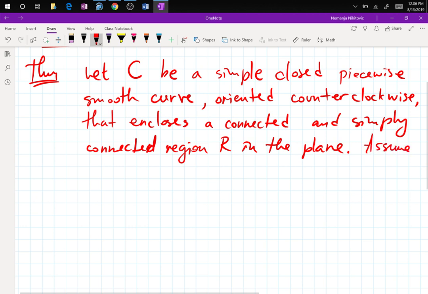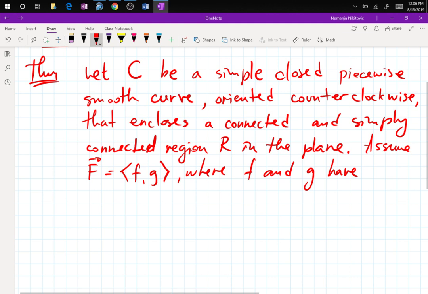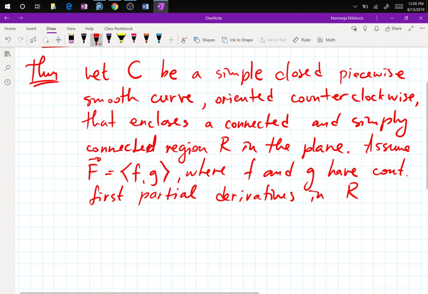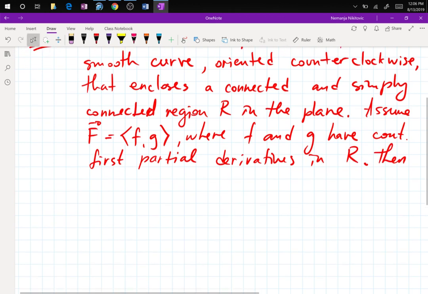Assume that F, which is F G, where F and G have continuous first partial derivatives in R. Then, and here we go,